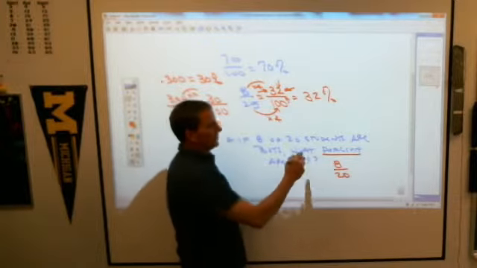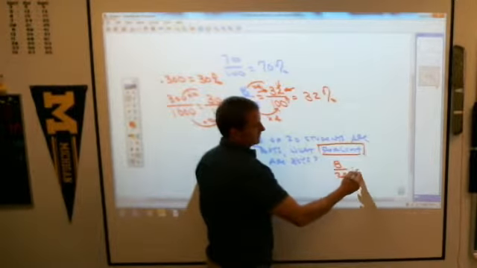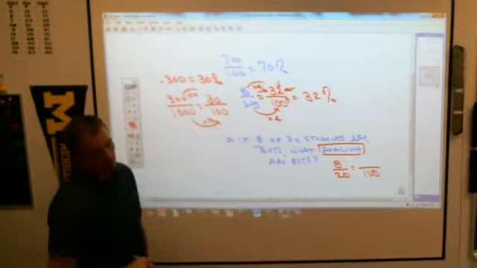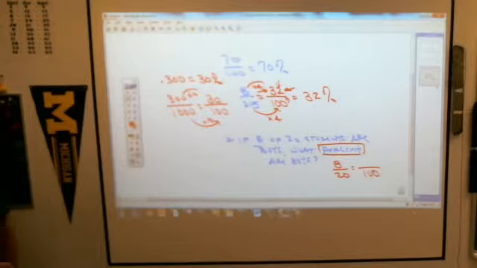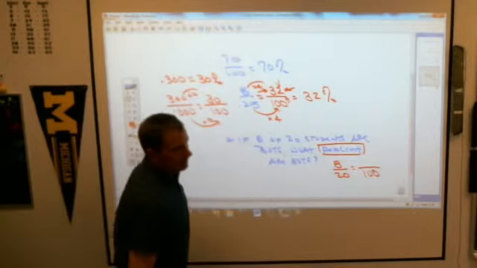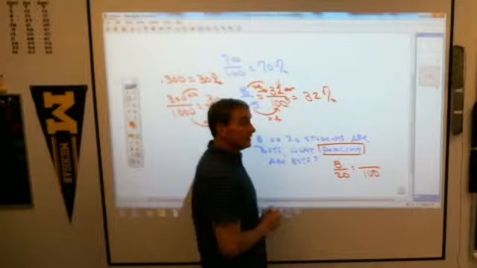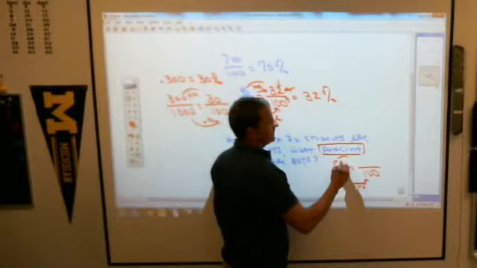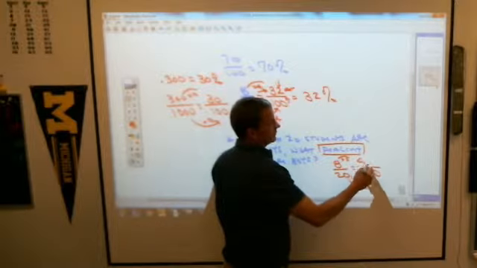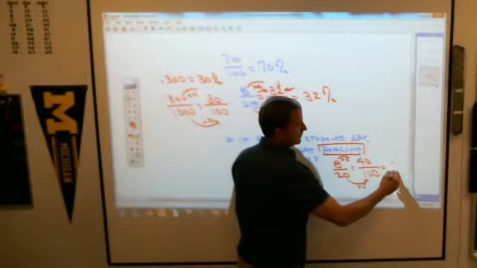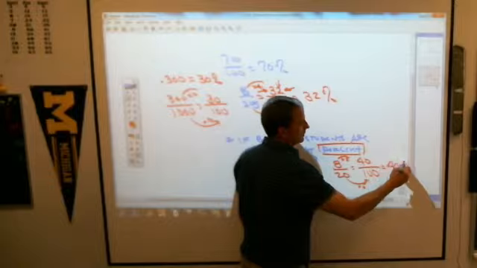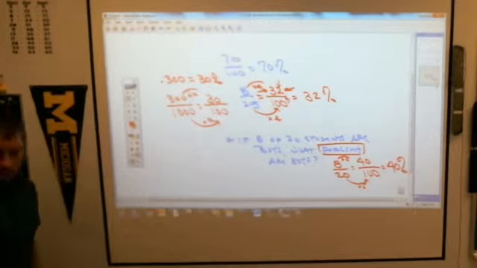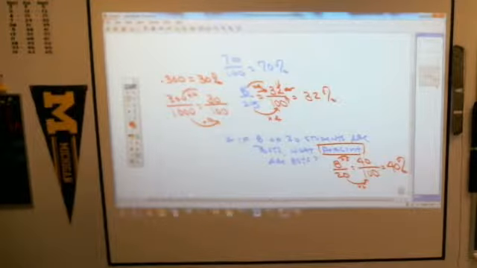But I don't want a fraction, I want a percent. And since percent means out of 100, I just need to change that fraction so there's 100 on the bottom. What do I do, pray tell, to 20 to get to 100, Andrew? Multiply by 5. So I multiply the top by 5. I get my fraction 40 over 100, which is in fact 40%. Kind of exciting, isn't it? Whoever thought percents could be just that.